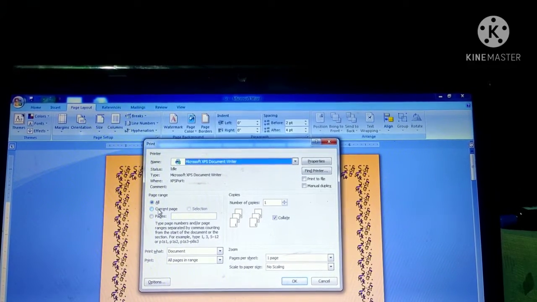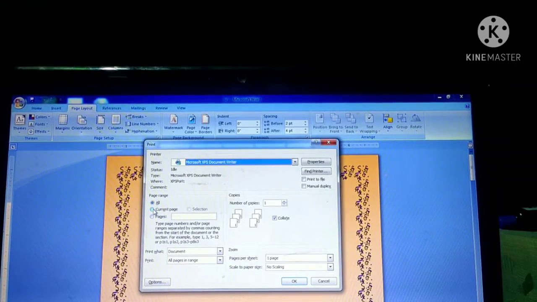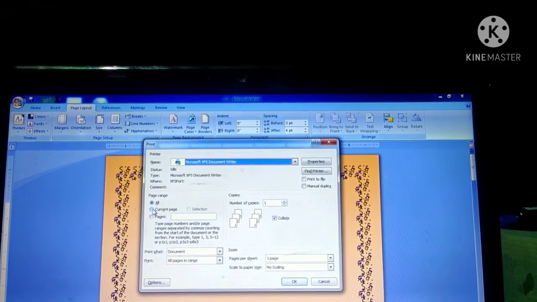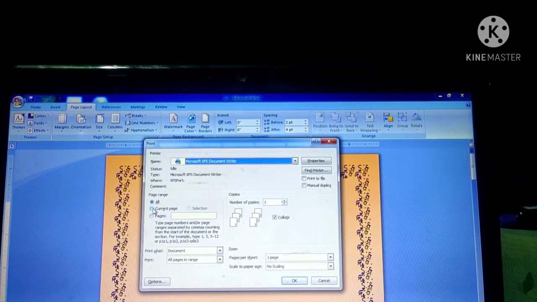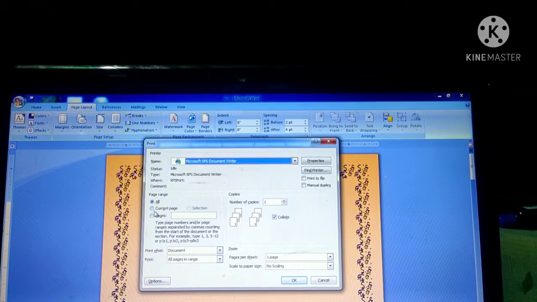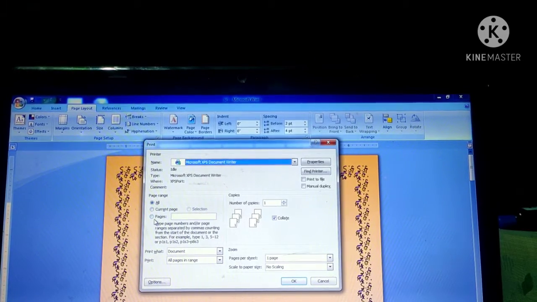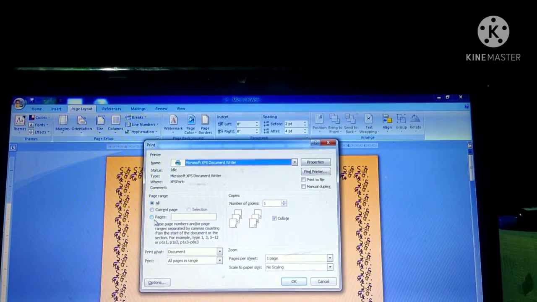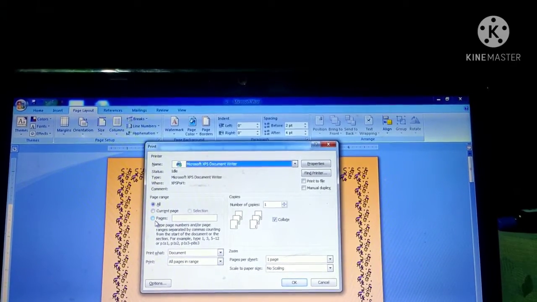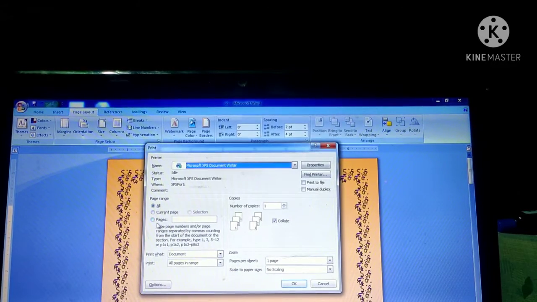Print range. If you want to print the whole document, you will click here on All. If you want to print the current page, meaning the page on which you are working, the page where the cursor is placed, you can click here. If you want to print only a certain number of pages, like page number 6 to 8, then you will do the selection.